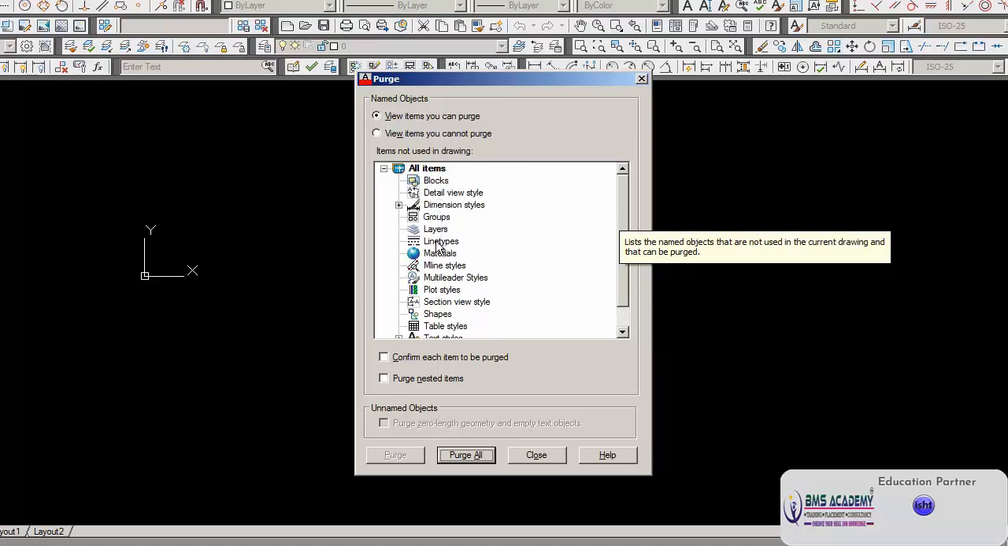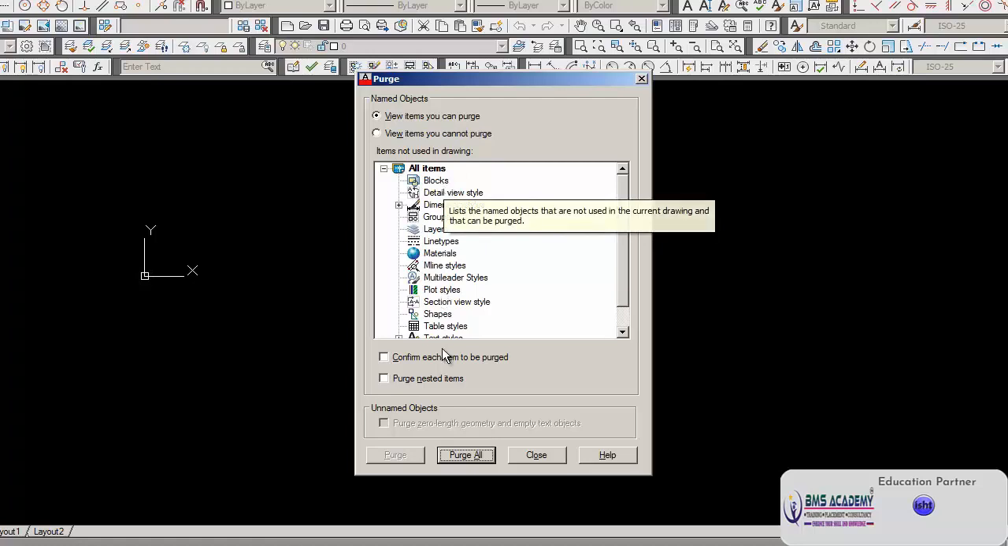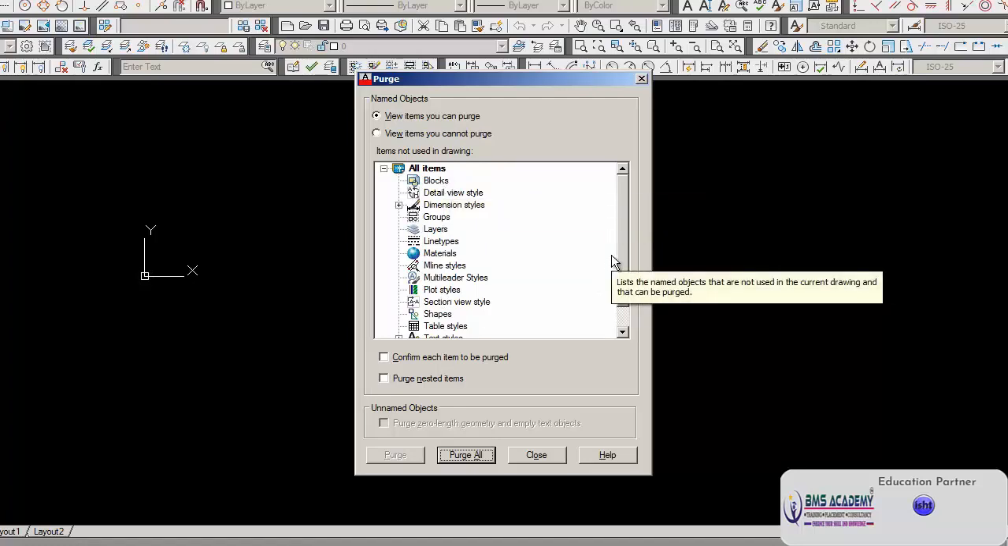dimensions, line types, layers, etc., and various properties of the object also. Objects as well as properties. The block is an object. This is the property of the block. Dimension style is a property of the line and the curve, etc. All these will be displayed. Here you see view item, you can purge. These things all can be purged. Purge means remove